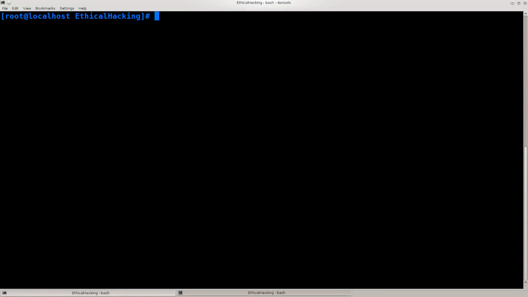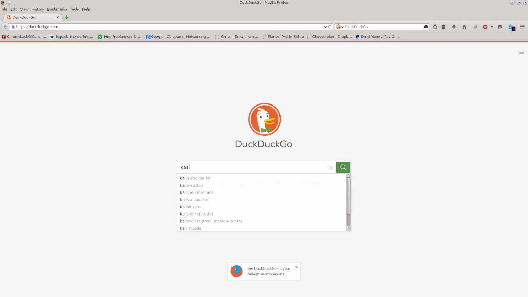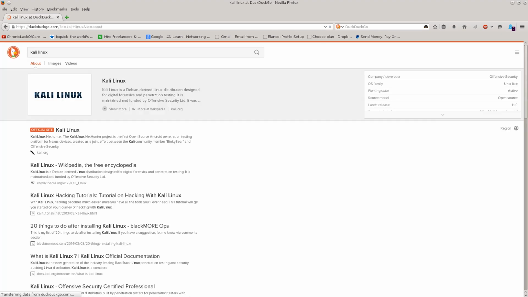Today I will go ahead and download Kali Linux and demonstrate the installation procedure as well within a virtual environment. So first off, go ahead and open up your browser, type in Kali Linux, press enter, navigate over to their website. So it's